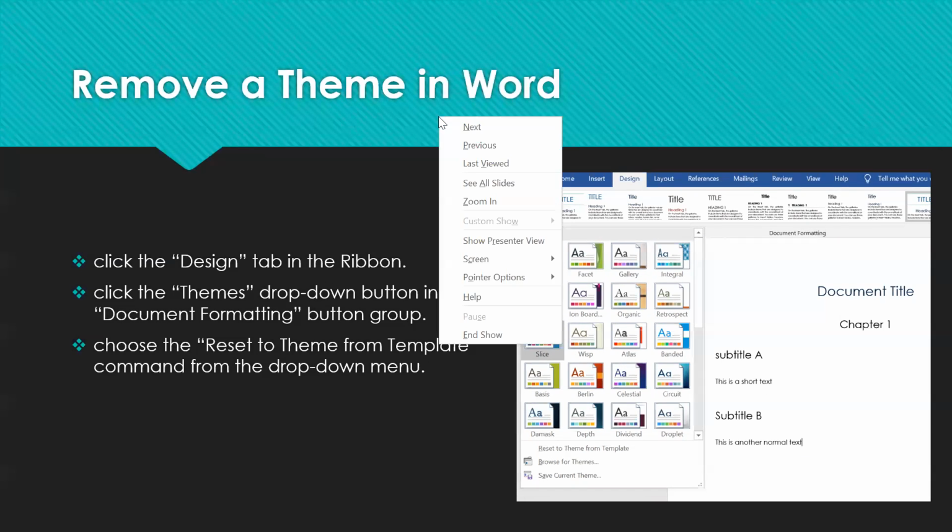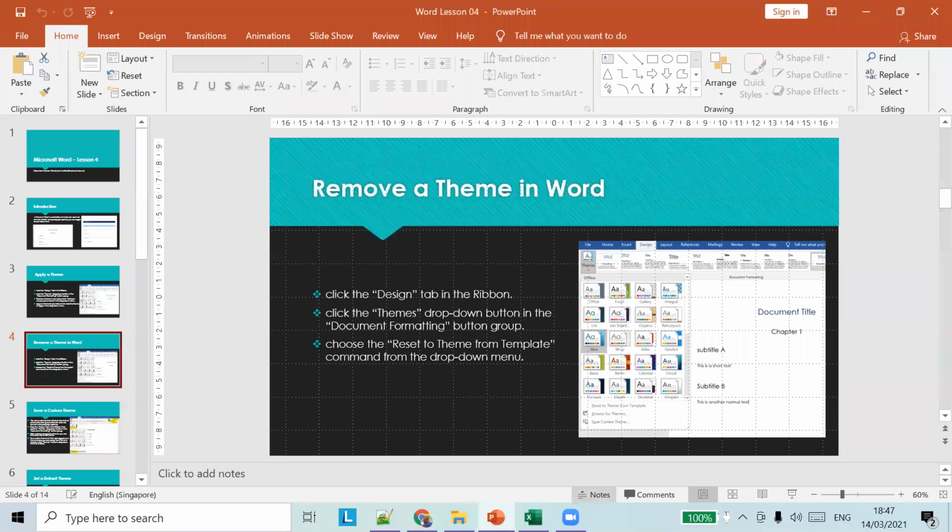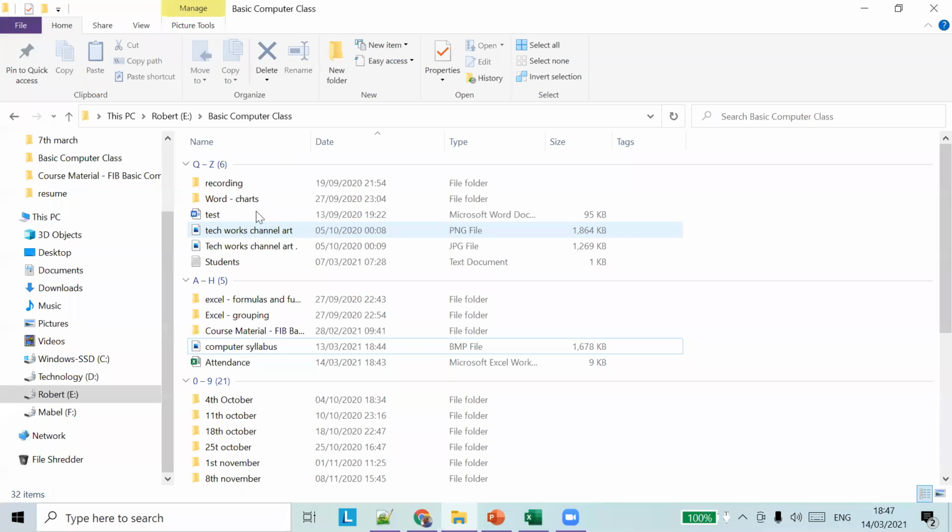So let's see how to apply a theme in Word. First, let's create a new Word document.